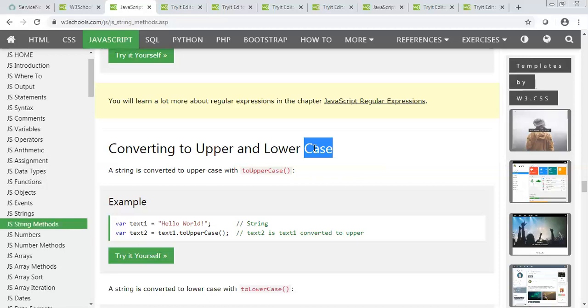In CMDB, we give a name to servers or anything. So the requirement could be that when a user creates a new server, whatever name he gives, the name of the server should automatically get converted to uppercase. Getting my point? It's a business requirement. Business always wants the server name to be uppercase, but he cannot restrict the user to always type in uppercase, whoever is creating that server record in ServiceNow.